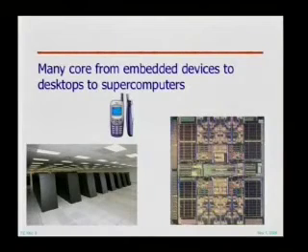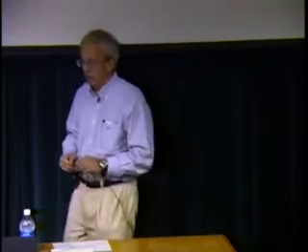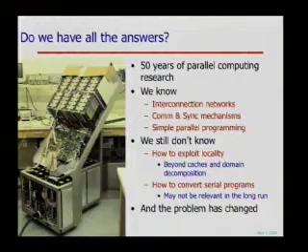And in fact, it's really the prevalent technology for everything from the embedded processors you're going to see in cell phones to the room-sized supercomputers that'll be at the national labs. They'll all be based on chips with many tens of cores by the end of the decade and many hundreds of cores by the middle of the next decade. So the interesting thing is that because many of us predicted that we would move to parallelism 20 years ago, a lot of work has actually been done on this.